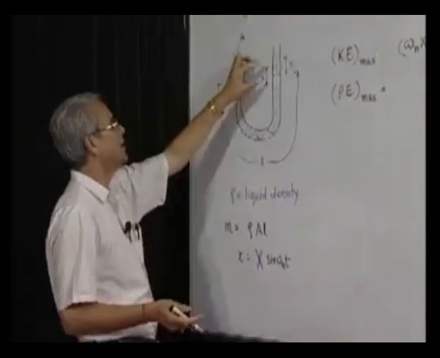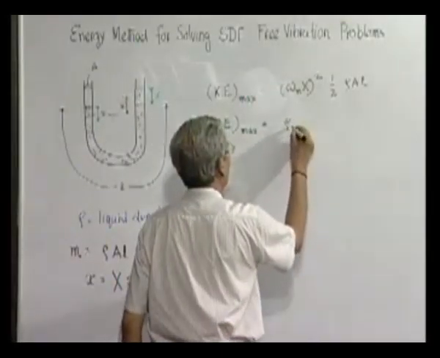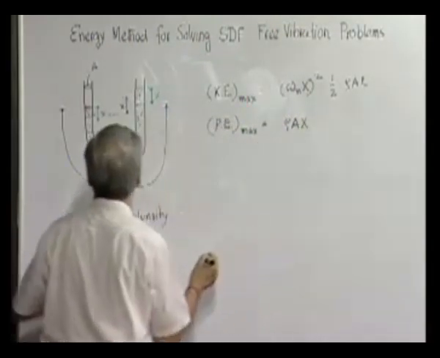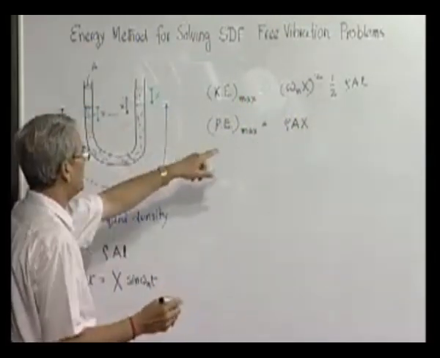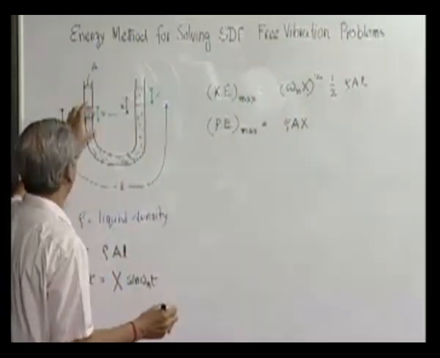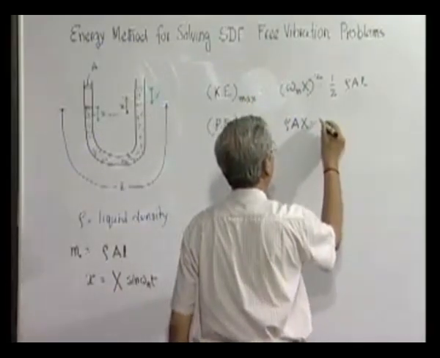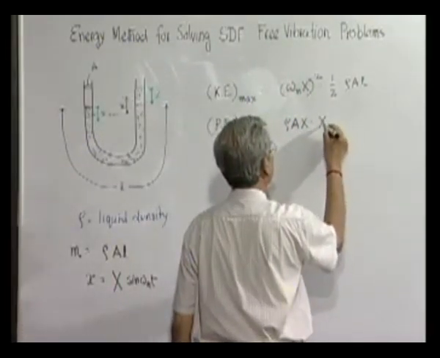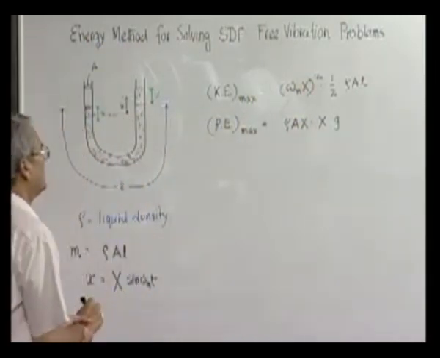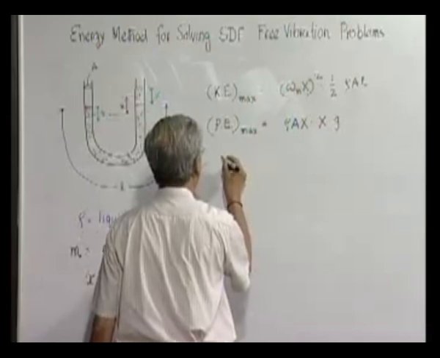So, how much is the increase in potential energy? First of all, the mass, that is rho into A into x, where x is the volume and rho is the density. So, this is the mass of this block, which we are shifting by how much? We are shifting by an amount x. So, this is the maximum potential energy. Equating the two,